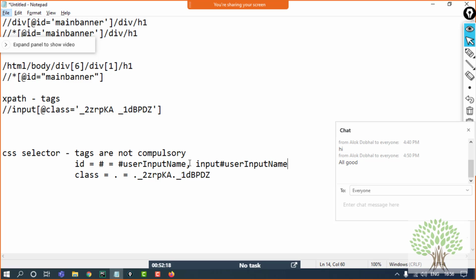Any questions, any doubts till this part? Just one thing, Preet, I was trying to use the class that is specified in the div instead of the tags under the div. Is there a difference between the class given on the div tag and the class given on the tag below it?